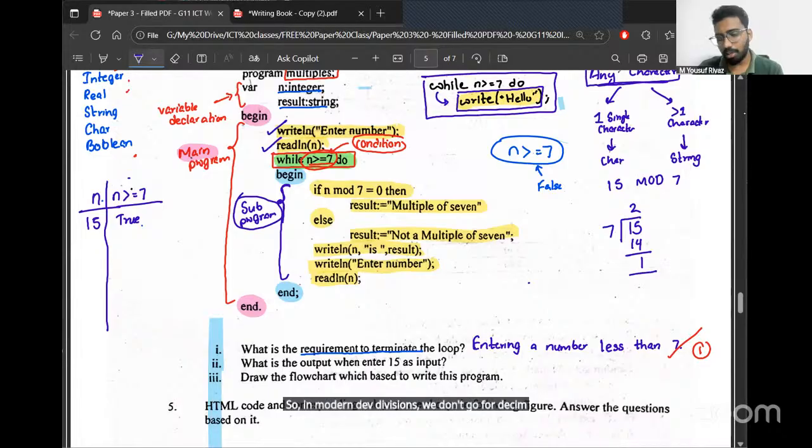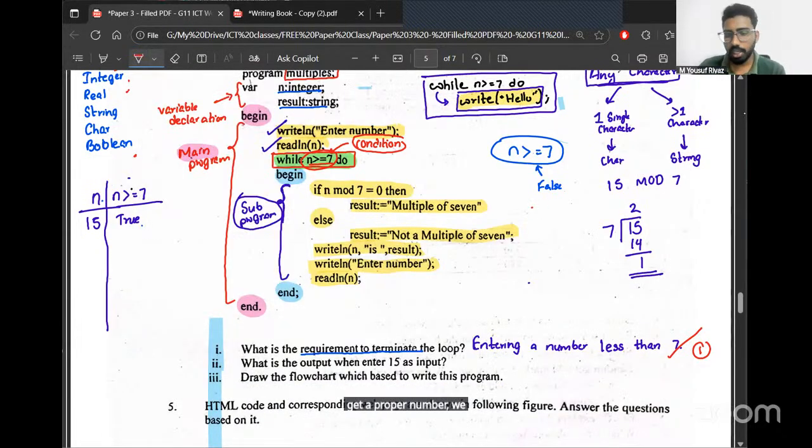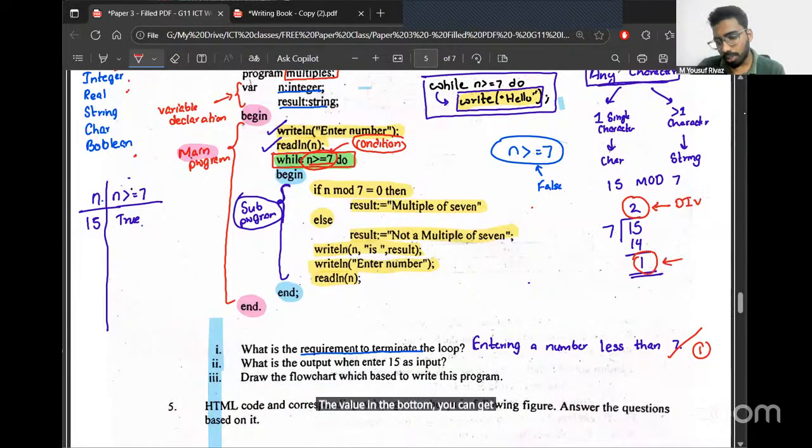We keep the answer always in whole numbers. Once you do the long division like this, the value on top you can get using the div operator. The value at the bottom you can get using the mod operator. So when you say 15 mod 7, we are asking to divide 15 by 7 and get the remainder. So mod is used to get the remainder.